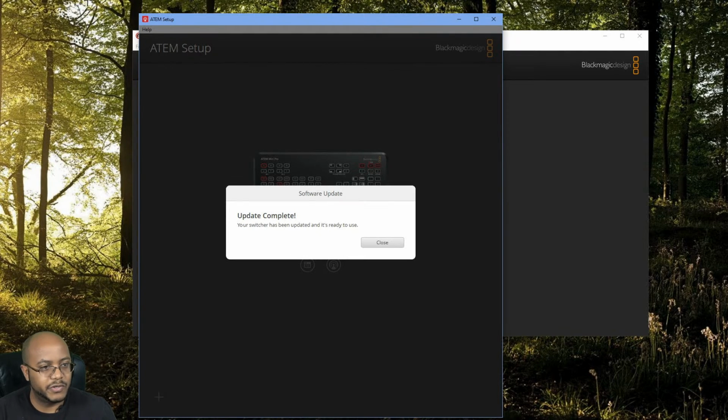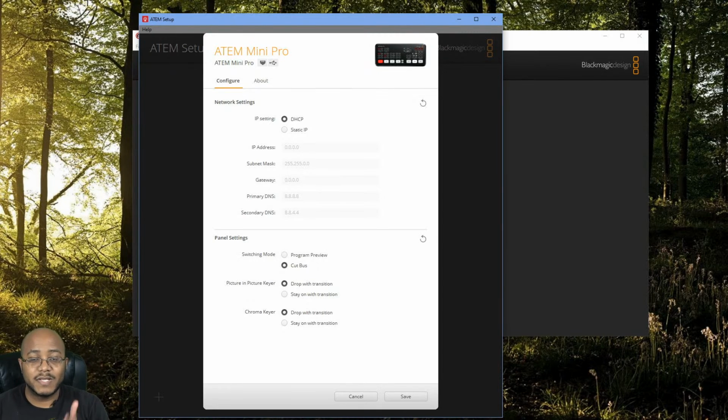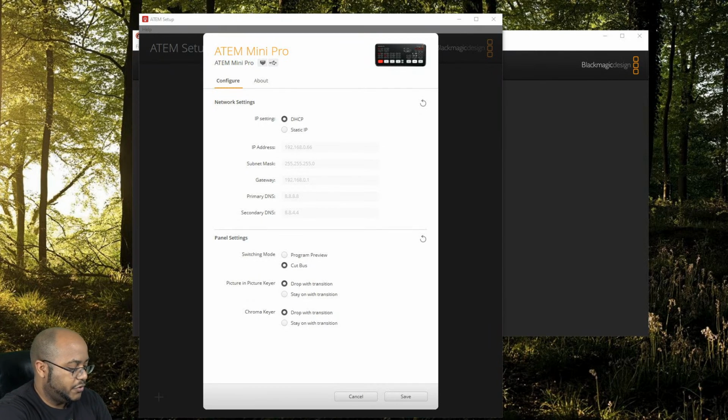All right, so the switcher is done updating. For those who want it set up for your internet, it's really straightforward because it's using DHCP. It can pull an IP address automatically. I am through a bunch of Unifi equipment, so I have direct access to my network, so I might even show you that here. Let's refresh it and see. It just pulled my IP address, my DNS servers, all that stuff automatically. If you wanted to set a static IP address, what you would do,